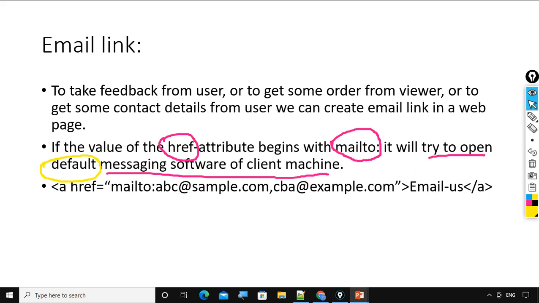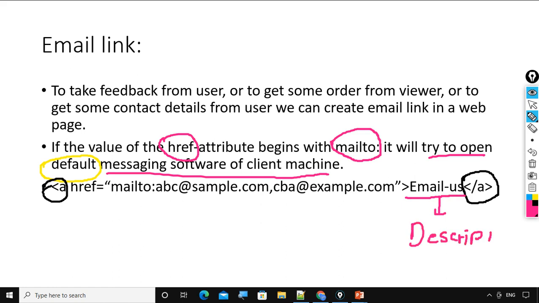This is the syntax to create an email link. This is the opening anchor tag, this is the closing anchor tag, and this is the name of the link, or we can say descriptor. Here we have the mandatory attribute href.